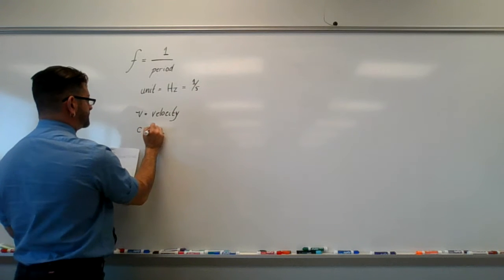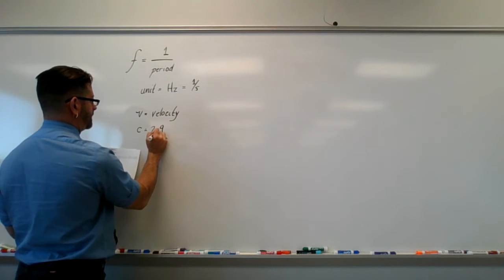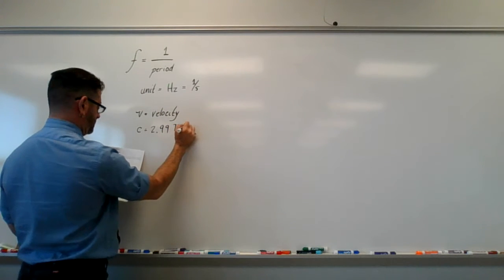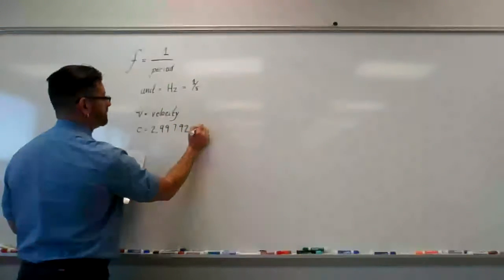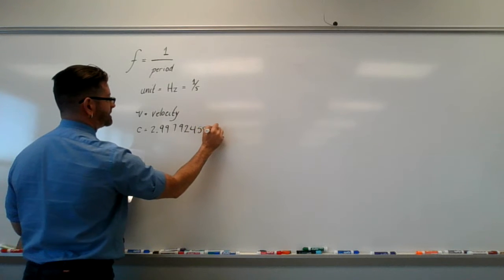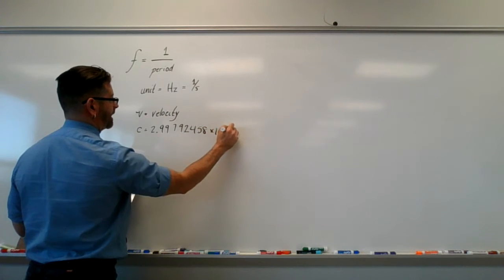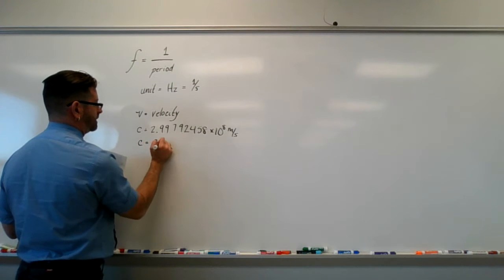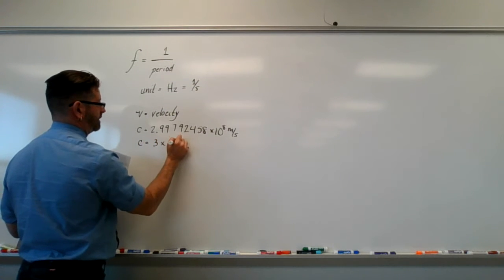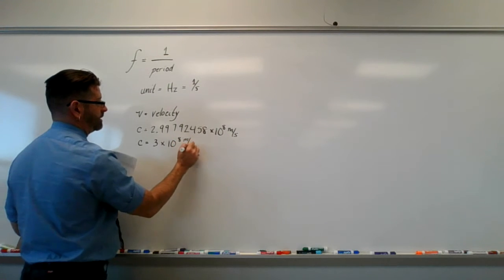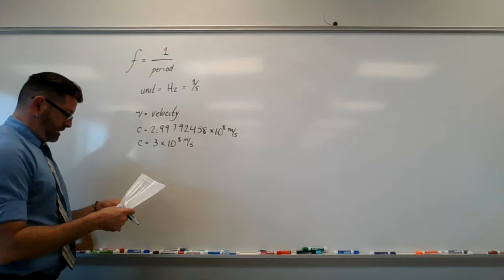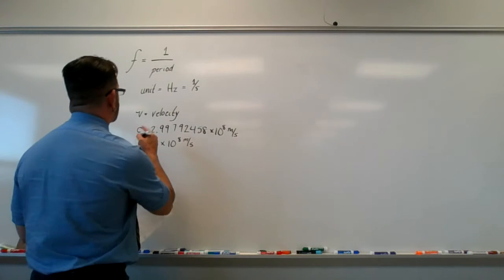And it's equal to 2.99792458 times 10 to the 8th meters per second. We will use 3 times 10 to the 8th meters per second in our calculations, just to simplify things. Right? And velocity